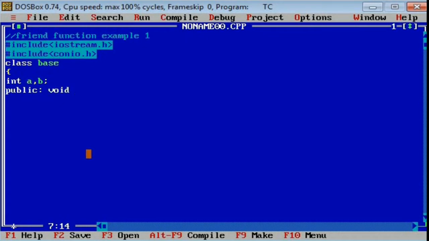to define the function members. So void getdata is the function which we are going to define here to receive the values from the user. So here we are going to write "enter two values", then cin A and B, curly closing brace, and now we are going to declare a friend function with the